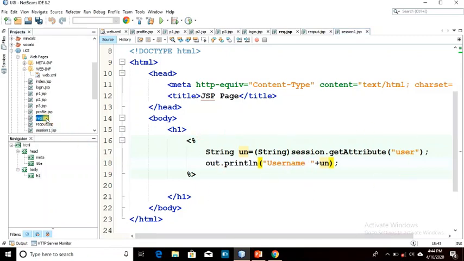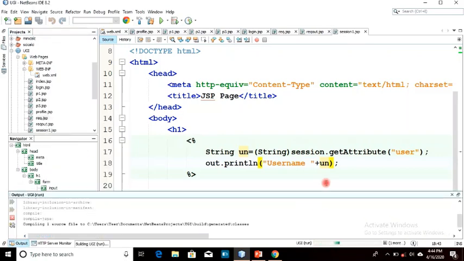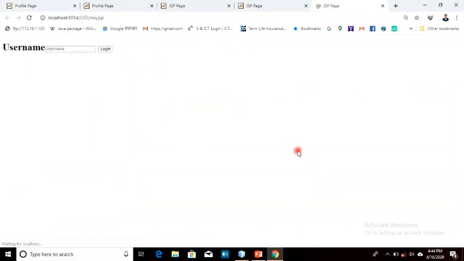So let's execute it. Okay, so I have given here admin1234. Now I have clicked on the login button. So it is a hyperlink to go to the next page, and in this page, request out.jsp, the session variable is set here. So if I click on this particular link, it will be redirected to the page session1.jsp, and here I have extracted this username. That means this particular session variable will be extracted anywhere till the session is active.